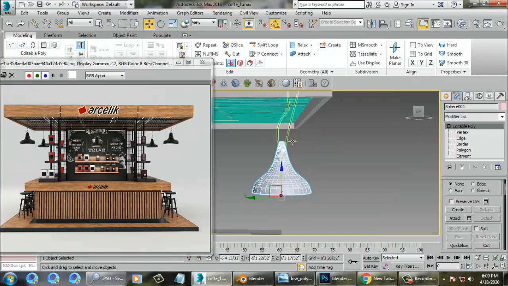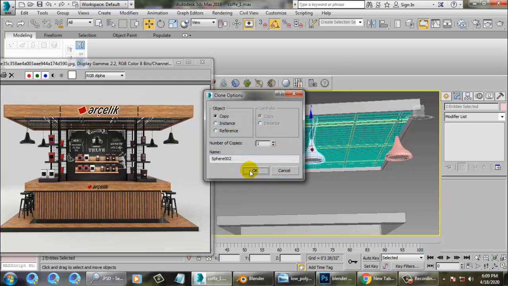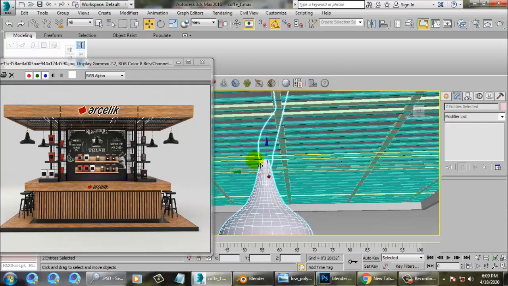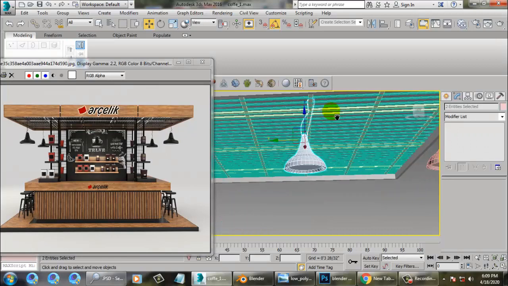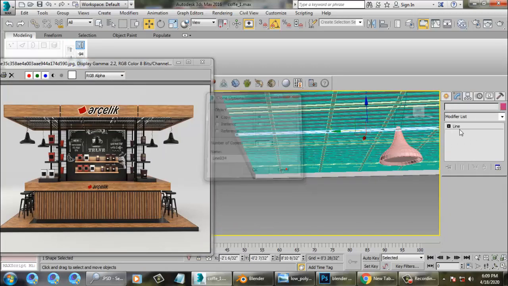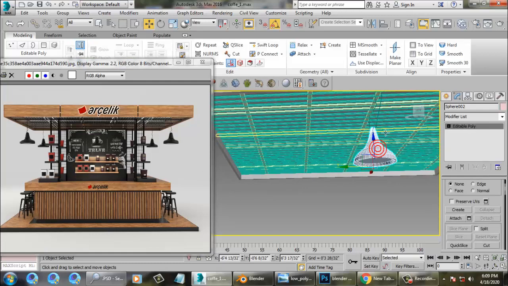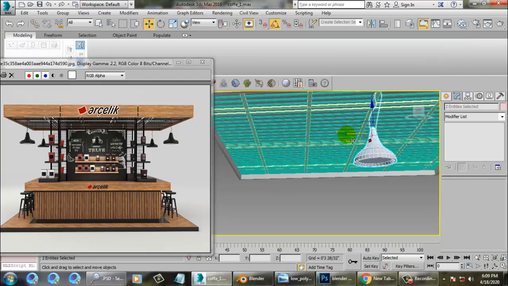Again select this and let's duplicate this one over here. Sorry, select this and this and duplicate it again.